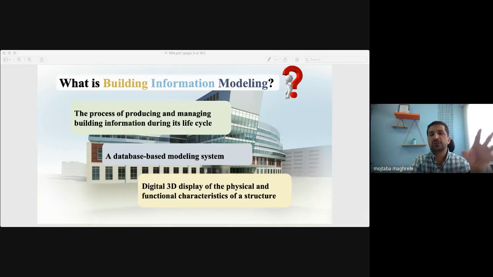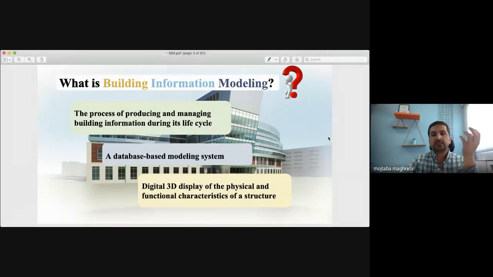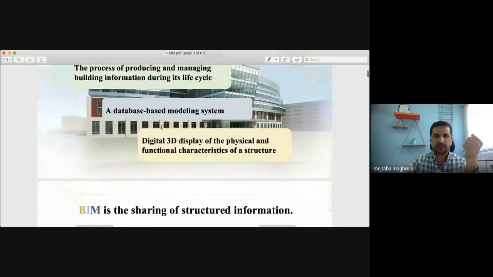But assume how difficult it is when we want to change all features for walls in 2D drawings in complex projects. The simplest thing that we have for BIM features is that we have a 3D representative that we could use for anything, which I'm going to talk about in a few next slides.